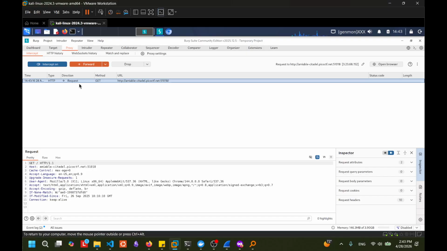But by default, every web request going out to a web server or coming back from a web server, Burp sits in between and says, "Hi, I just picked up this interesting traffic. Do you want Burp to receive it, do you want to officially receive it, or do you want to just pretend you didn't receive it?" In this case, I'm just going to receive it normally.